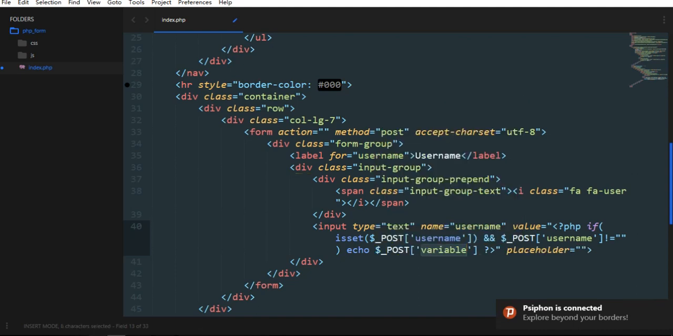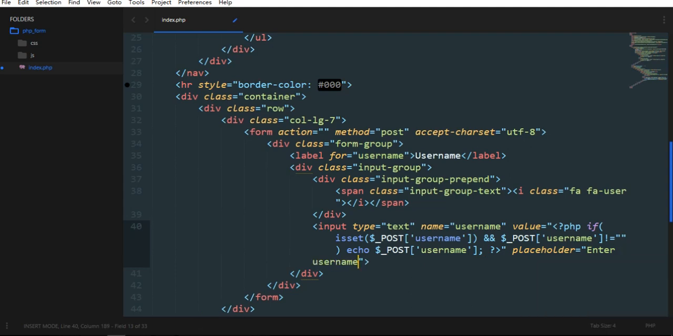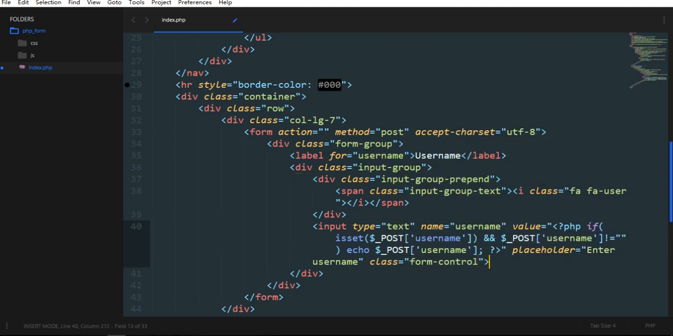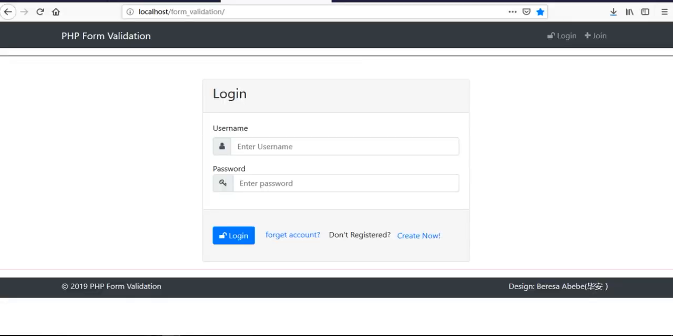Post username, display that one. In case of placeholder, we simply can say enter username. Then a class for this one. The class will be form control. Save. If we go to the code and refresh,